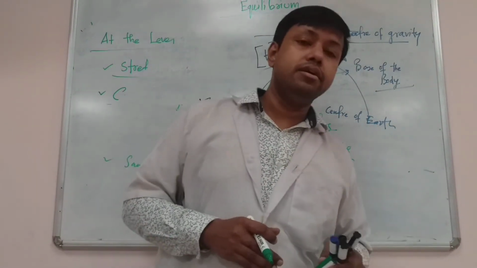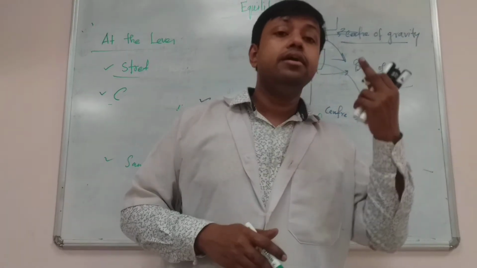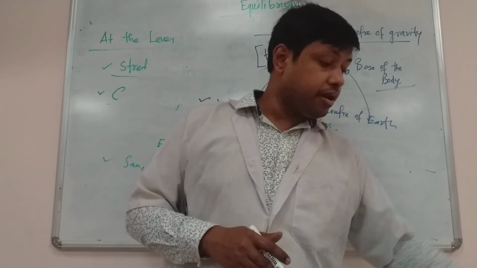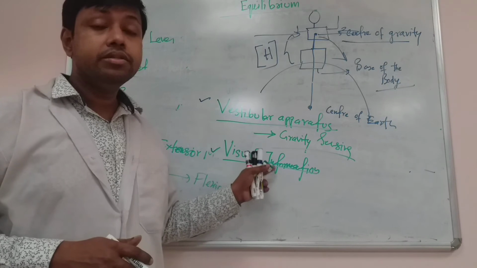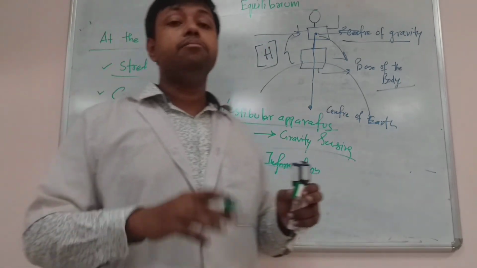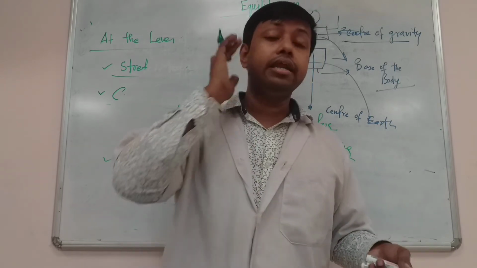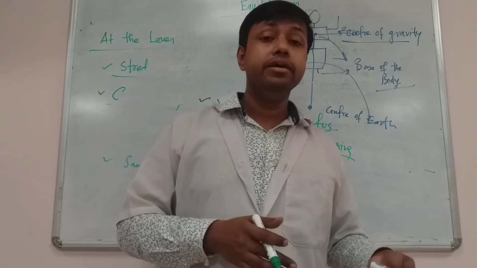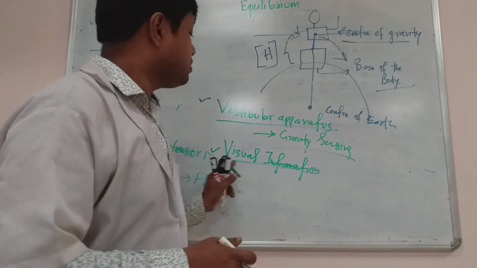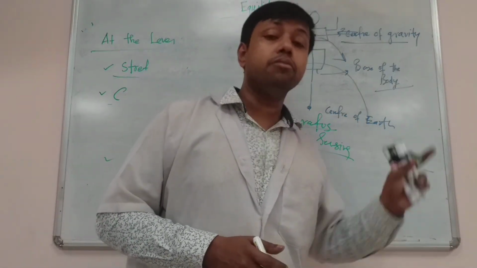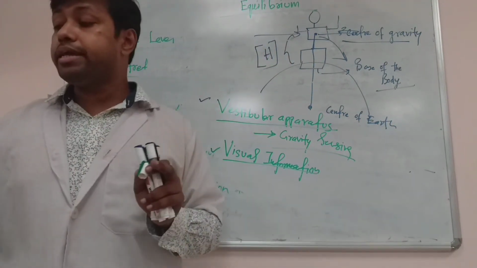Suppose the animal is falling from some equilibrium point, the eyes can see that the distance between the object and the ground is decreasing. So this will be sensed by the eye, and the information will be given to the brain, and the brain will help in contraction of the various groups of muscles, and because of the contraction, it will prevent the fall from the equilibrium point. Okay, so this is called visual information. Visual information or visual cue plays a very important role in maintenance of equilibrium, just like the optical righting reflex.